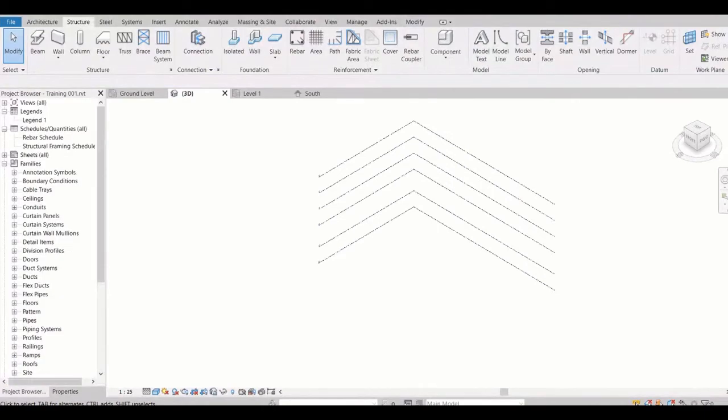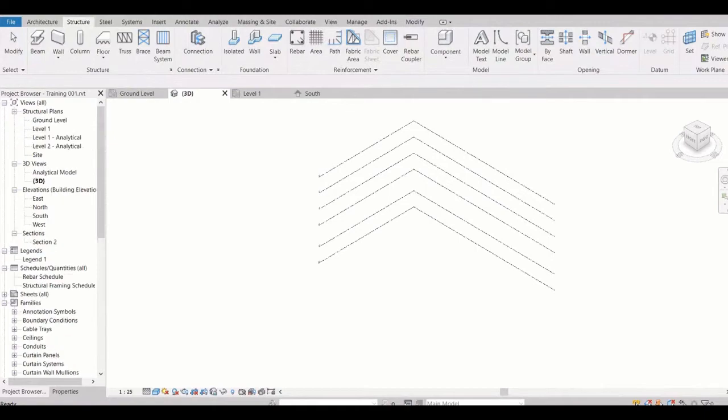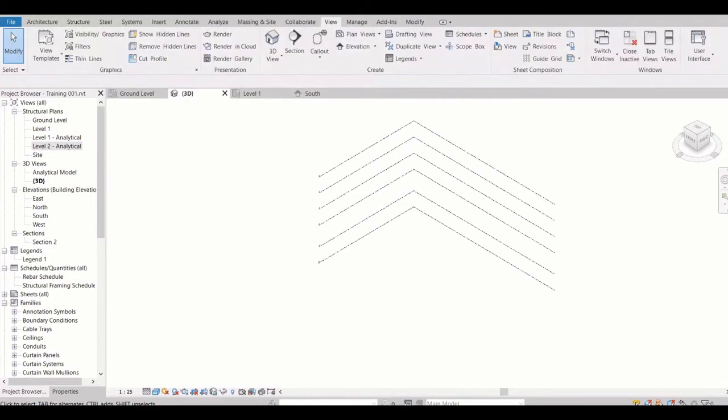Okay, so right now we'll go to the project browser and see structural plan. Right now we have only two, level ground and level 1, right? So now we need to create more floor levels. So go to view, plan and view, right?